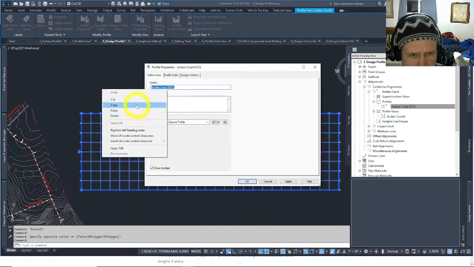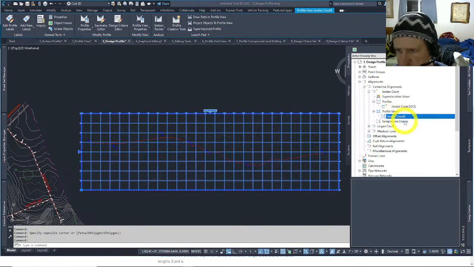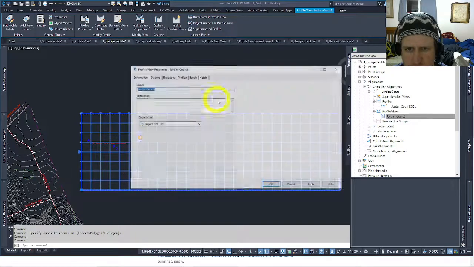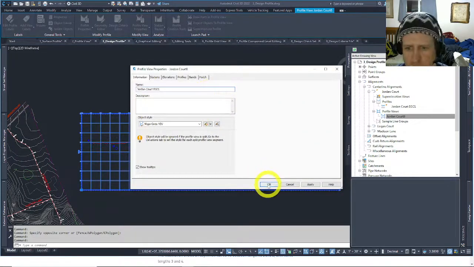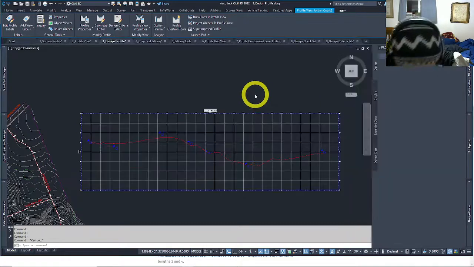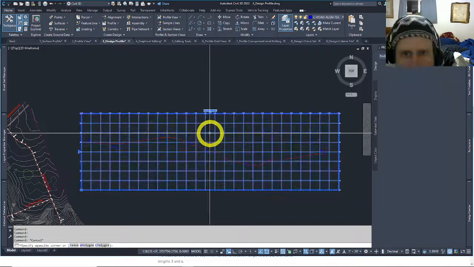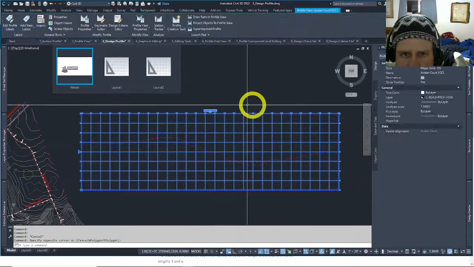it says EG center line, existing ground center line. I might name this correspondingly, potentially. Whatever you've got to do to keep these organized. They can get very unorganized very quickly, depending on how many you have in a site, and it helps to keep this tree organized. So with that being said, let's click once again one of the grid lines on this profile view,